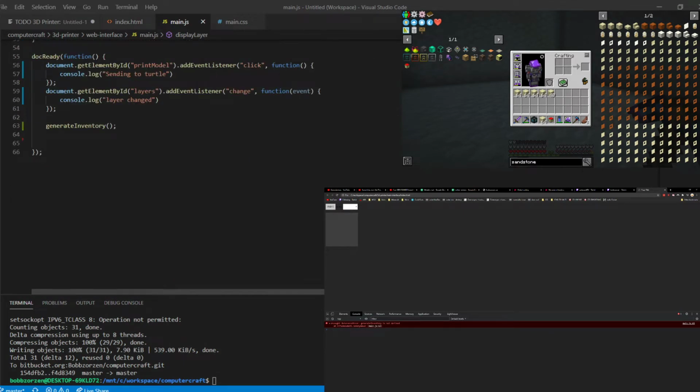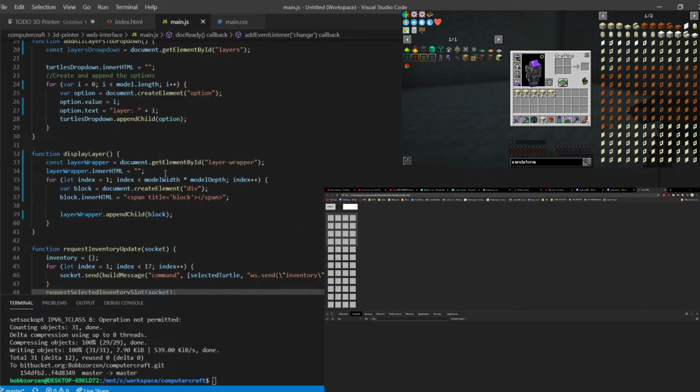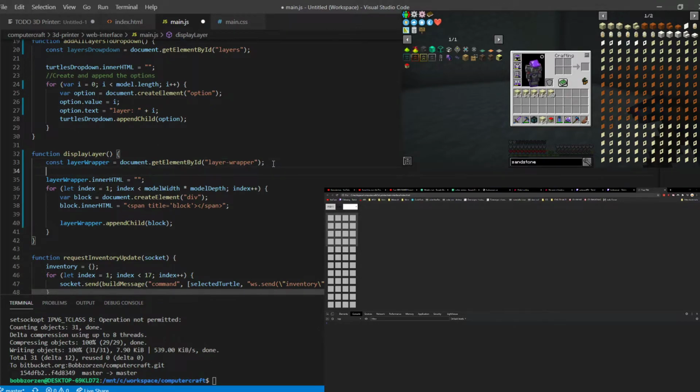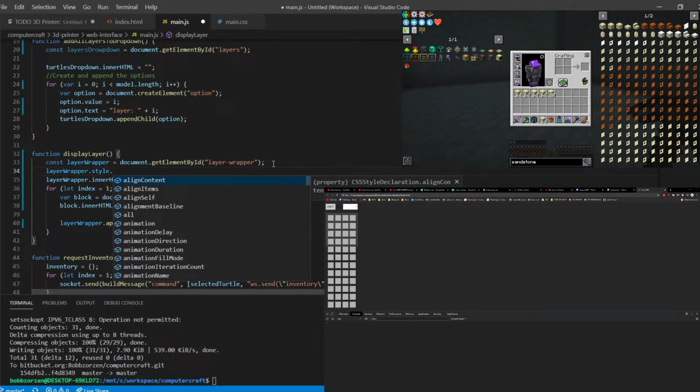Oh, right. Generate display layer is what we want here. Okay, nice. So this is the amount we want. And then we want display layer. We want the layer wrapper. Layer wrapper dot style dot